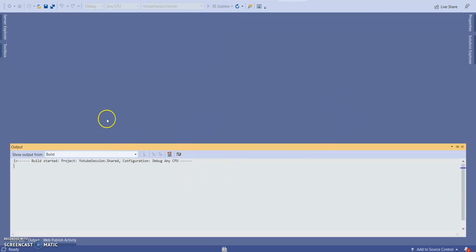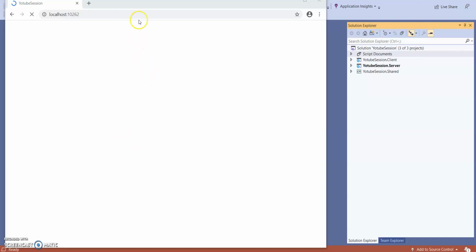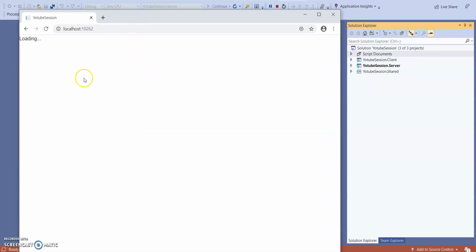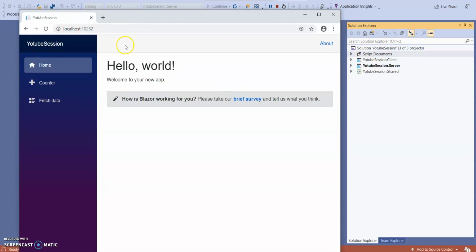This application is running for the first time, so it will take a few extra minutes to run. Wait for some time. So it is loading. Guys, it's the first time loading, so it's downloading all the libraries to my browser.